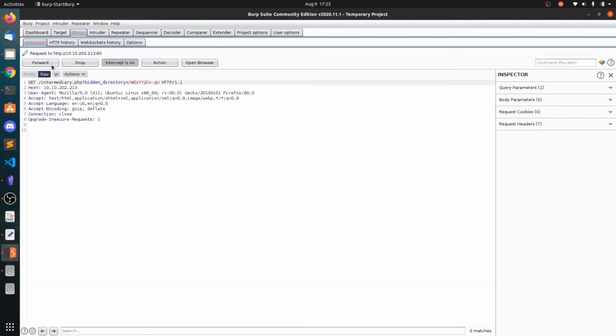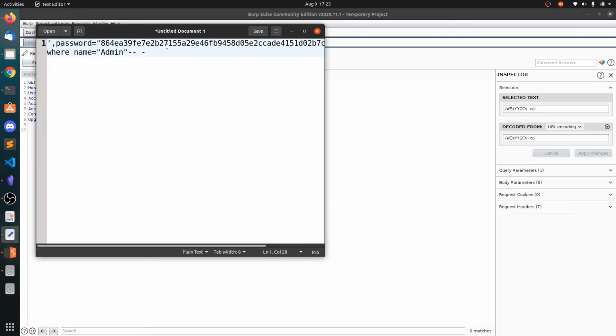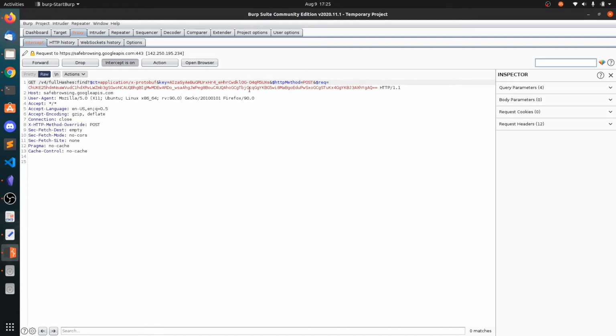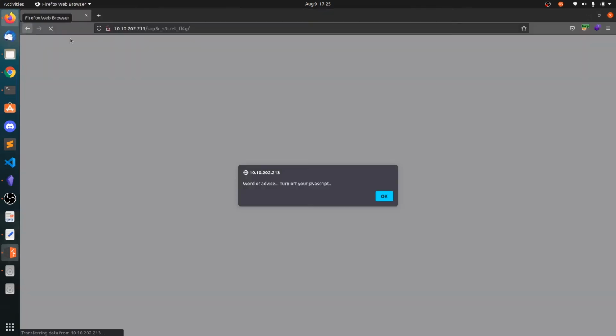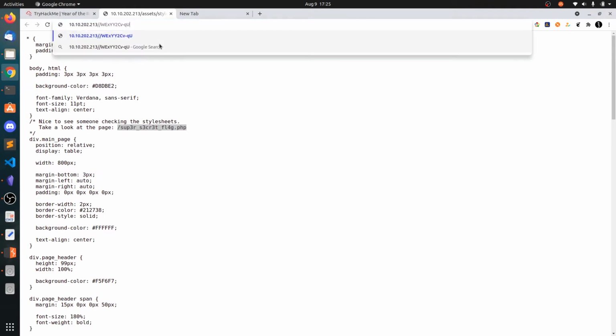GET, this is Firefox. So GET intermediary.php, and the hidden directory is this one. So there is a hidden directory for this, and you can save that in a text file. Now forward this one, GET success. I think it's Firefox. So GET super-secret-flag, and what it's doing, I think it's now redirecting to this YouTube. So you can simply close this and go to this secret directory.